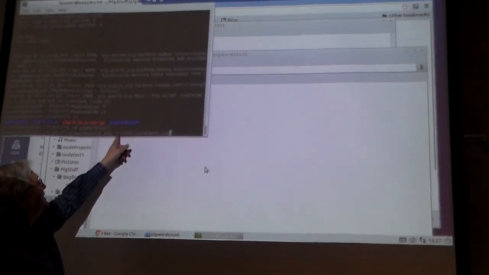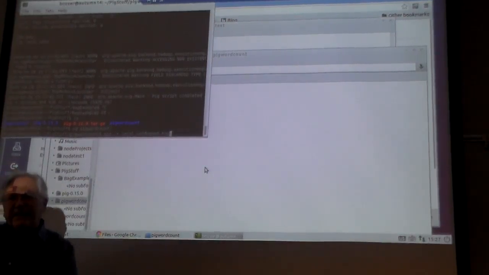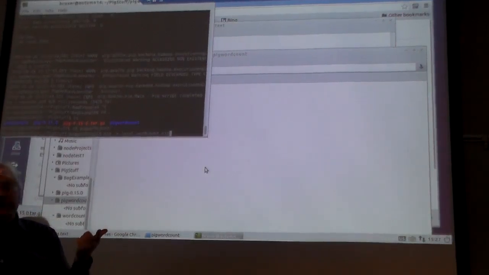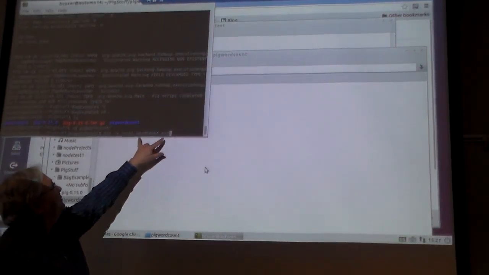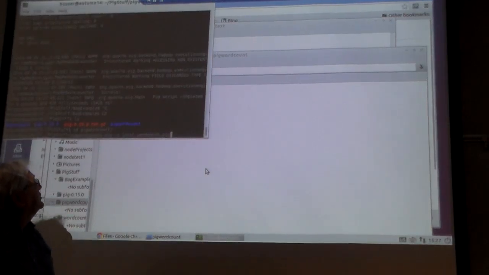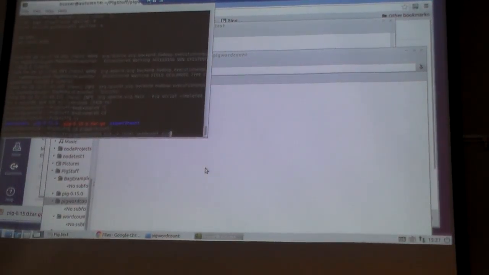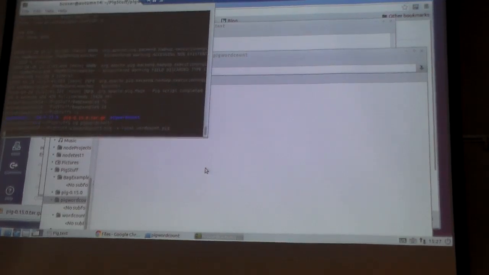Then this dash x is like a flag that says where do you want to run it. And we're going to say local instead of Hadoop. And then you give it an input script. Well, it's the input script of the file in the directory we're already in. So it'll find it. And when I run that,